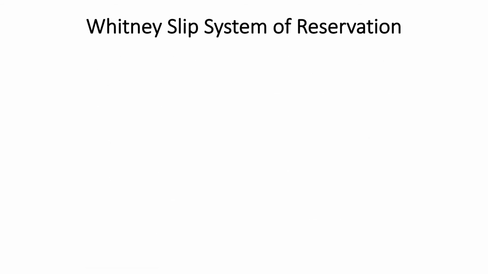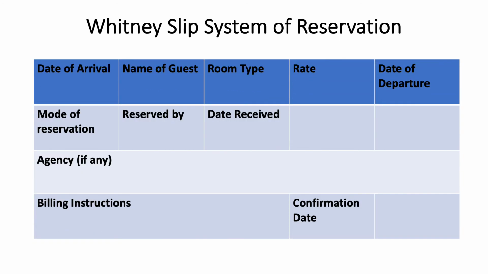Whitney system of reservation. This system of room reservation, developed by the American Whitney Duplicating Check Company, is suitable for small and medium properties with up to 150 rooms. It is based on the use of standard size slips known as Whitney slips or Shannon slips, which can be held on a metallic carrier or a Whitney rack. The slips may be color coded to identify the status of the guest like FIT, group, crew, VIP, commercially important person, etc.